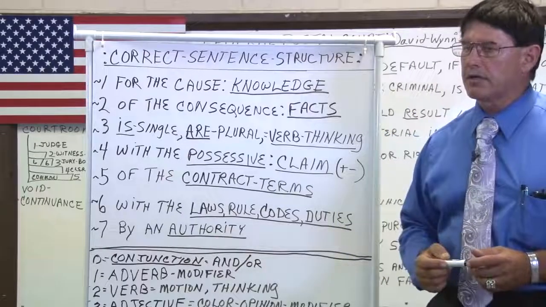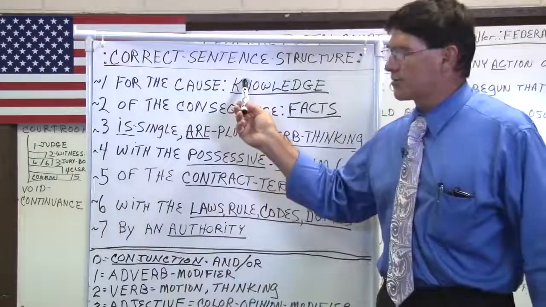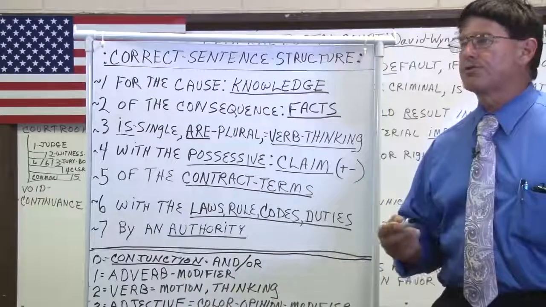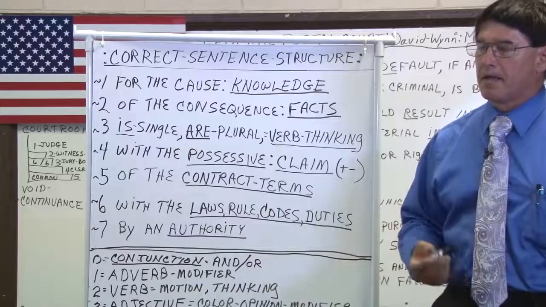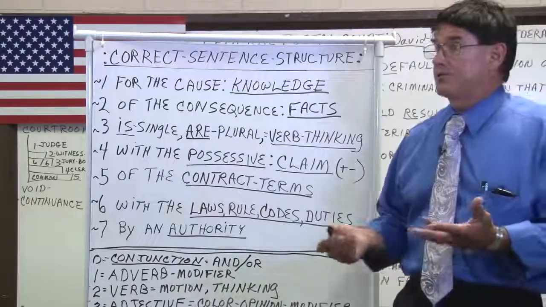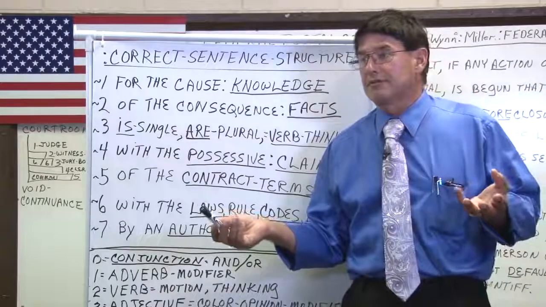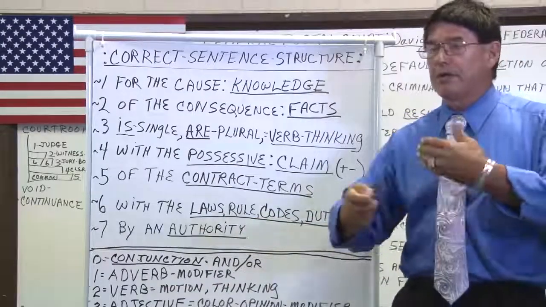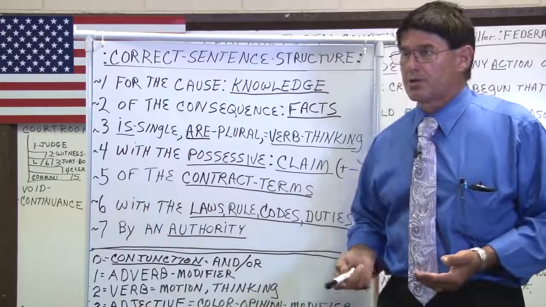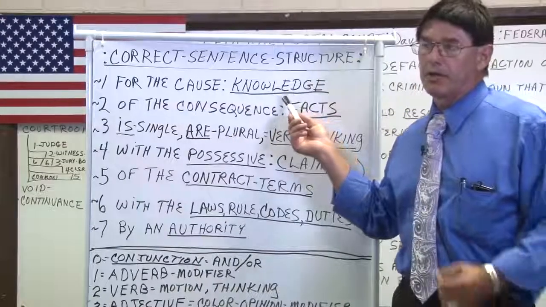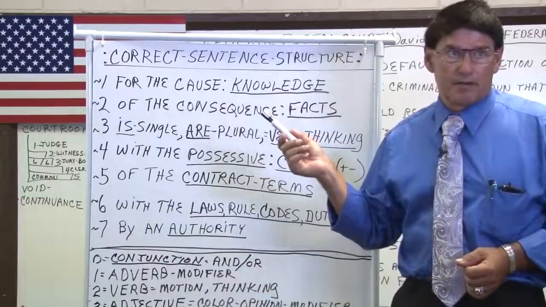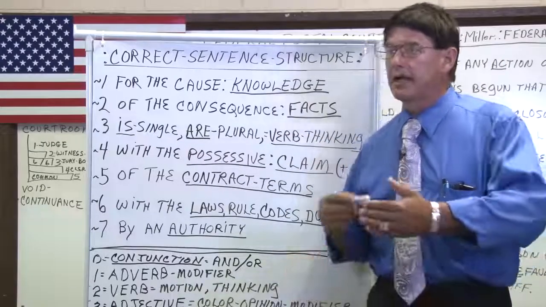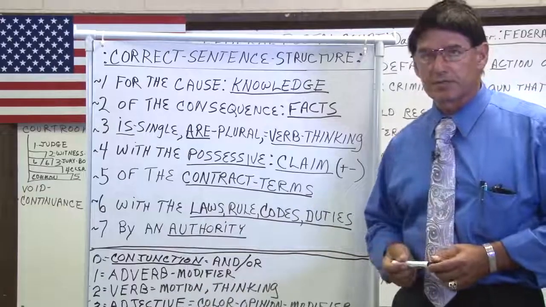And the very first thing a court must establish is the word knowledge. Does the person have the knowledge to understand what is being said to them? If I was speaking to you in Japanese or Chinese or Russian, and you only understood English, we wouldn't be able to communicate with each other. So therefore, we wouldn't have a knowledge communication between us. It would require us bringing in an interpreter to stand in and do the translations.